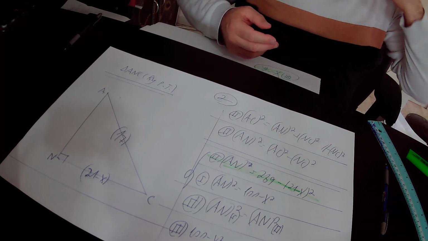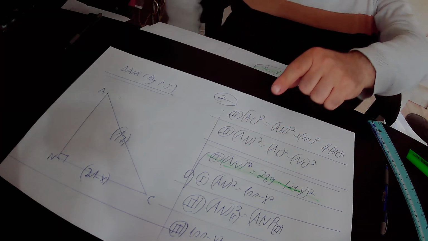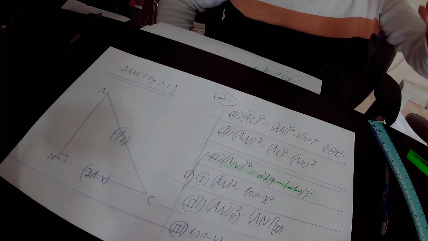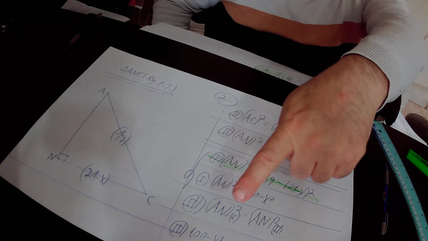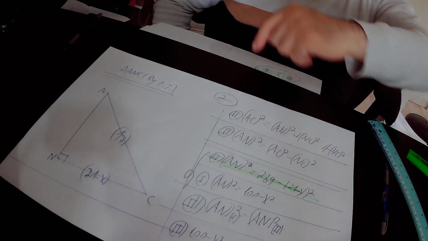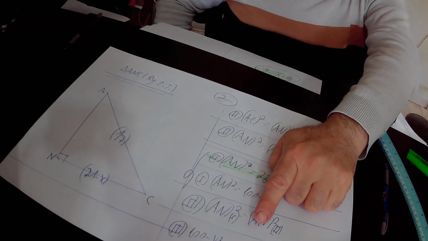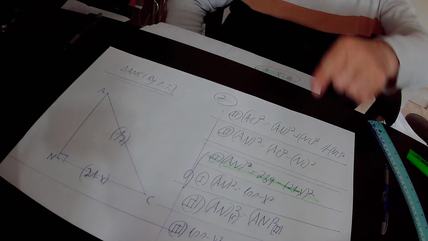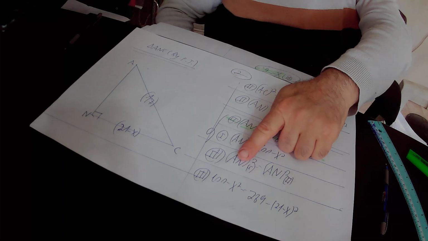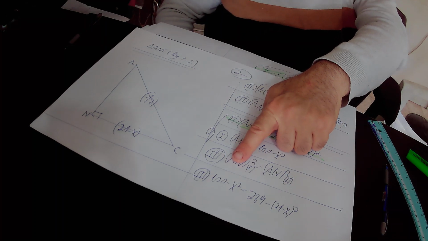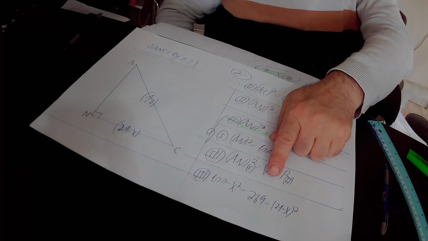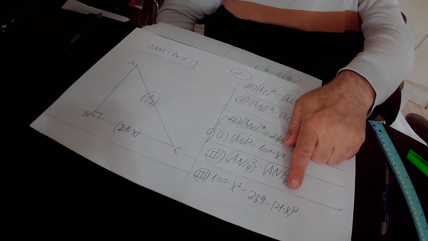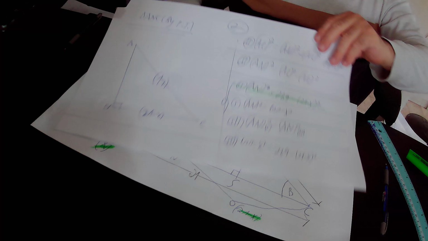So we have two different equations for the value of AN square. Therefore, we get equation 3 that says that AN square according to equation 1 must be equal to AN square according to equation 2. AN square according to equation 1 equals 100 minus X square, and this is equal to AN square according to equation 2, which is 289 minus (21 minus X) square. Here we open the brackets. So in total, according to equation 3, we found out that 100 minus X square equals 289 minus (21 minus X) square. Here we open the brackets of this expression, (21 minus X) square, and found out actually